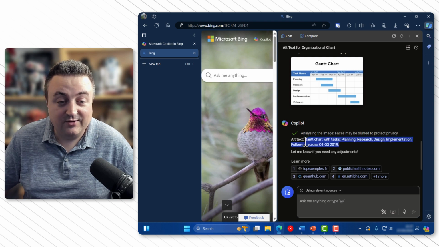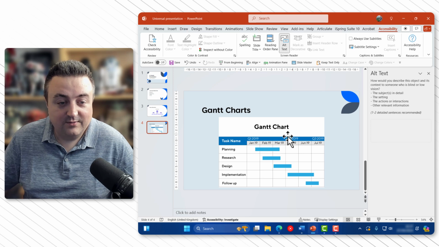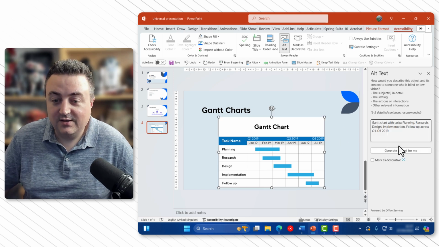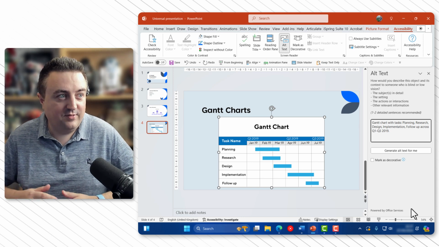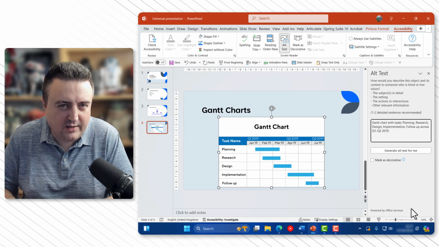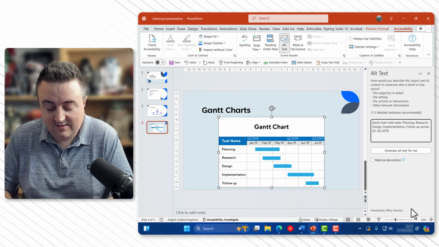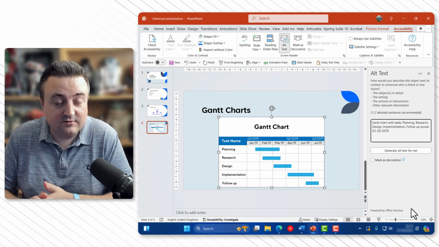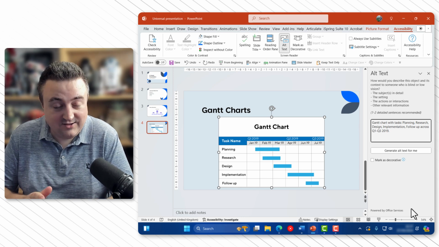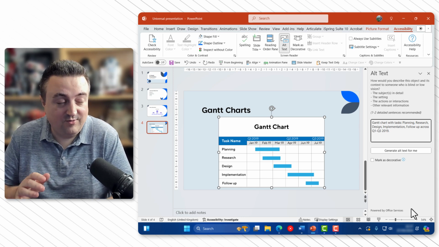I'm going to copy that, and in PowerPoint, select my image, and paste my alternative text. So you can see with these complicated graphics how quickly you can create these alternative texts. As a disclaimer, it is important that AI tools are not always accurate.